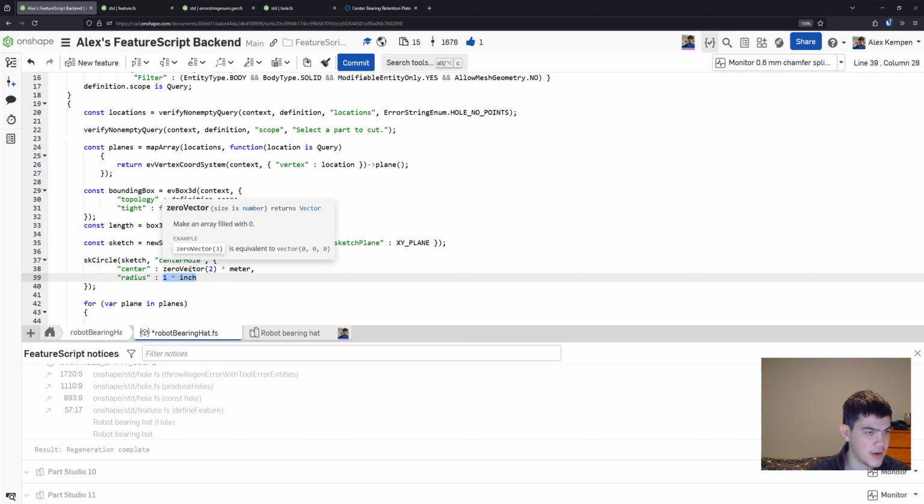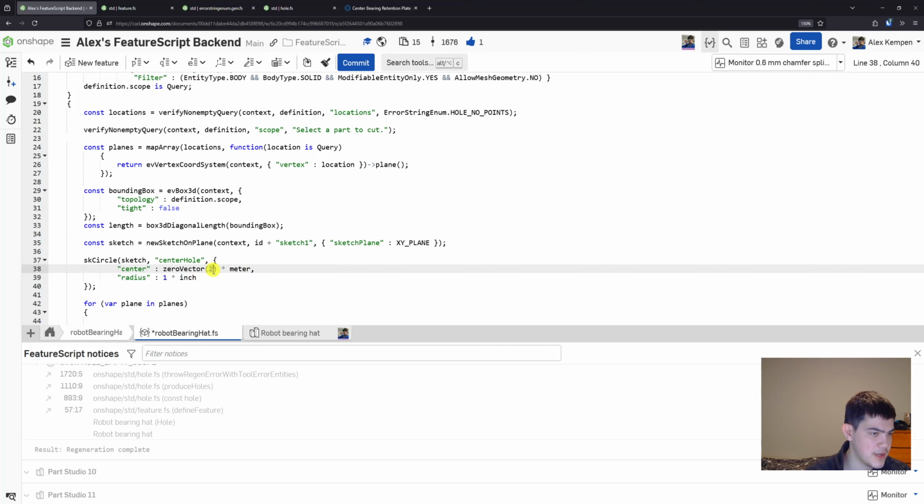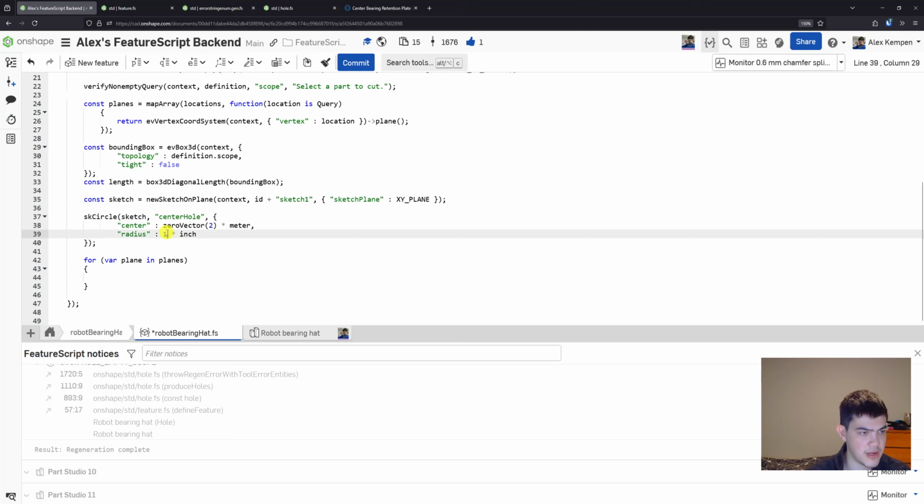This just creates an array of size 2 filled with 0, and then you multiply it by meter. Note only 2 dimensions because sketches are 2-dimensional. And so we're going to be sketching about our center here. And my radius, I'm going to do 1.125 times inch divided by 2,